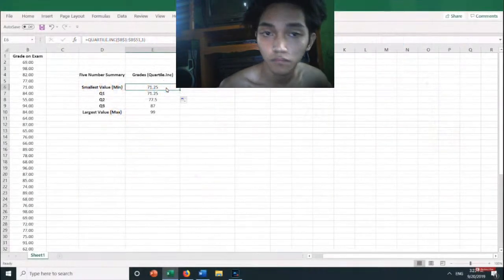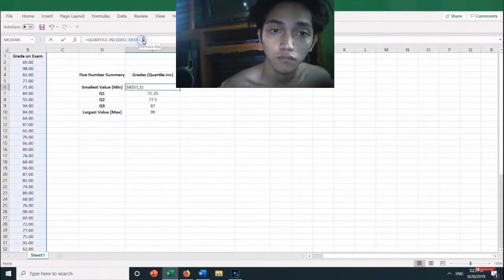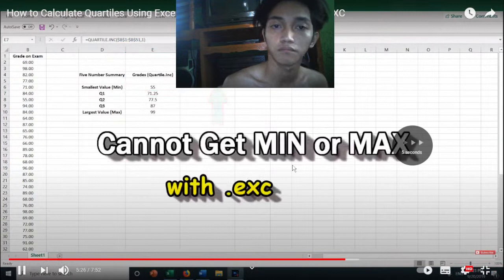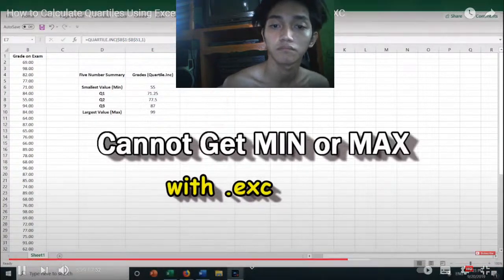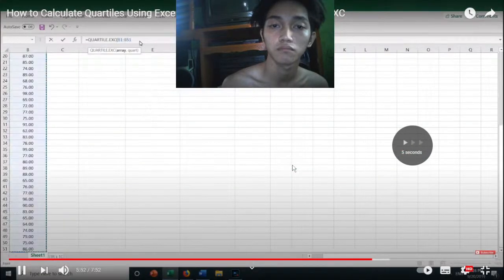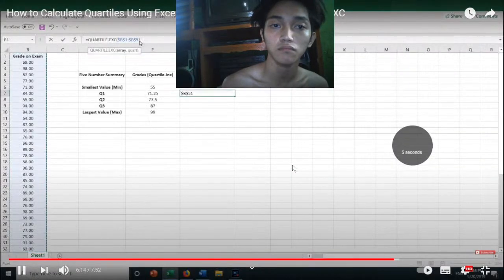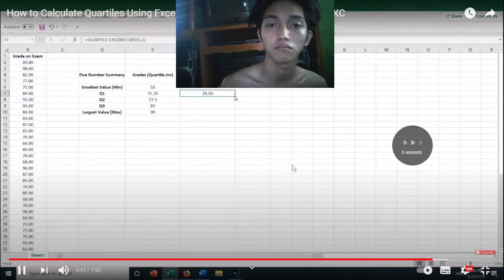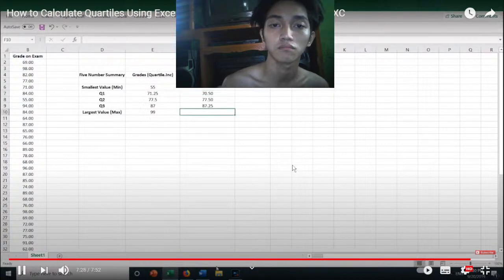Then we need to change the quartile from a 1 to a 0 for the minimum. The first is 1, 2, and 3. So let's see what happens. Let's click into F7 and select the quartile cell range. For quartile choices, change it and press enter. QUARTILE.EXC has a range of 0 to 1 inclusive of 0 and